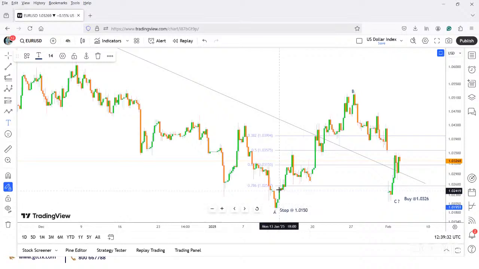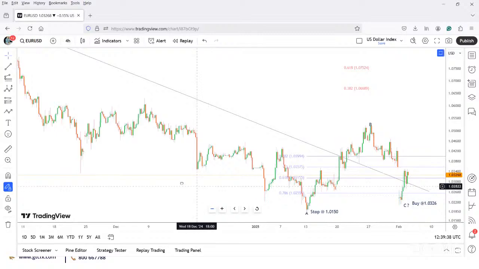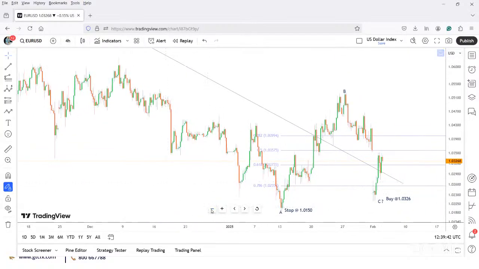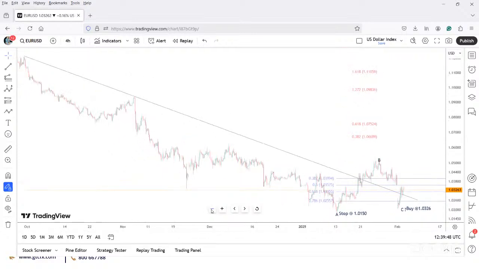So we are below A, and the target is being provided by the Fibonacci extension, sir. Please note down these two targets. Please note this trade for our sake, it is better for us. Euro USD entry: current price 1.0326, stop loss 1.0150, and targets